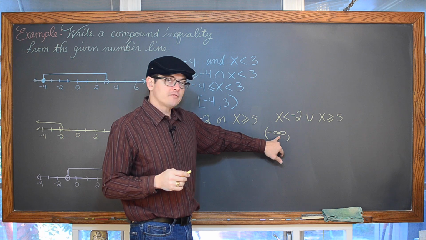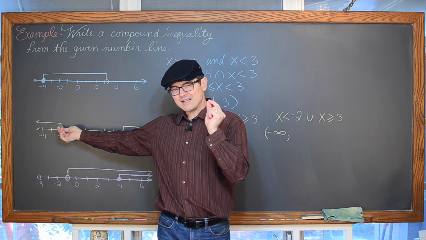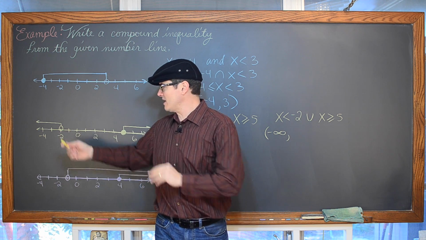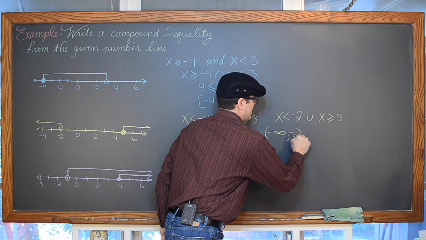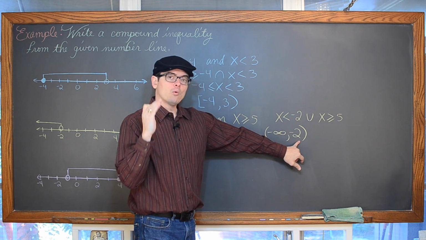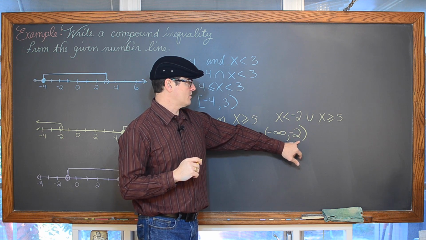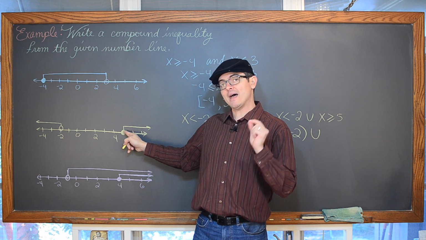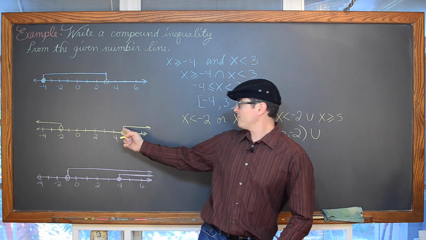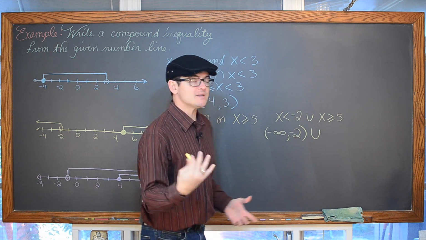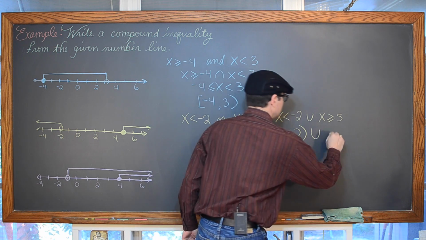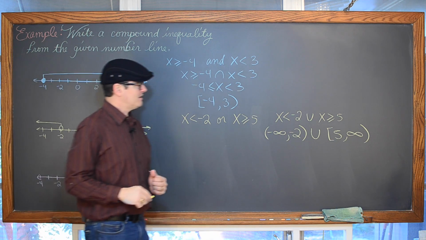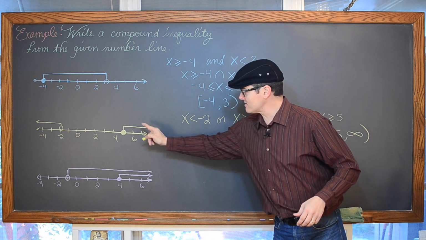So we're coming up from negative infinity up until negative 2, but not exactly negative 2. I keep forgetting the negative sign. Not exactly negative 2, but just to the left of it, just a little bit less. So from negative infinity up to negative 2, round parentheses, not including the negative 2 as part of our solution, or, okay, we do have a solid dot on the 5 though, so that is part of the solution. And then from there we shade to the right, extending to positive infinity and beyond. Voila! That is a few ways of writing some solutions to that number line.